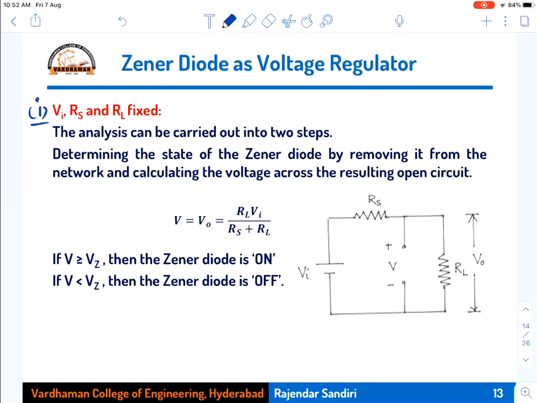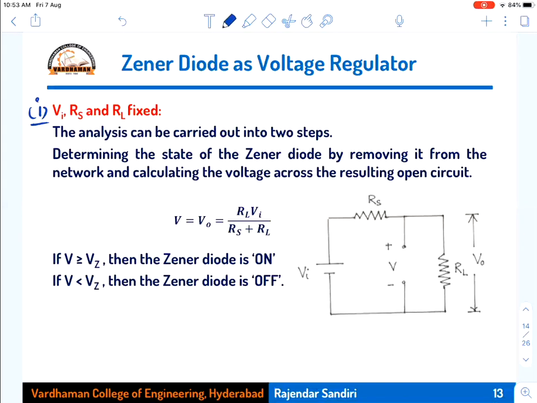Now we will take the circuit diagram of the voltage regulator and analyze the parameters, the components that we have connected in this circuit. What happens if these parameters are fixed or if they are variable? Because we are saying that Vi is changing. So what will be the output voltage, or what will be the power across the GNR diode? What will be the minimum and maximum values of Vi? What should be the minimum and maximum values of RL? When they are varying, there will be minimum and maximum ranges.